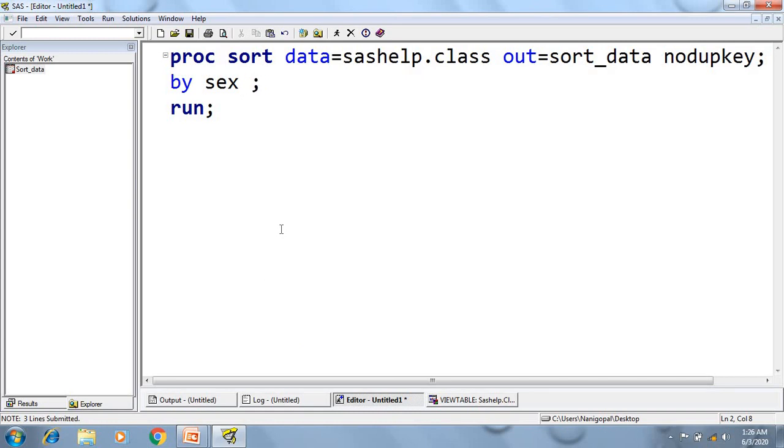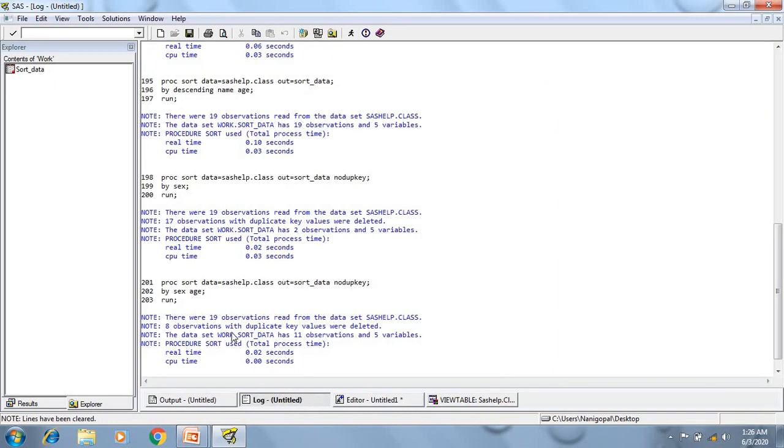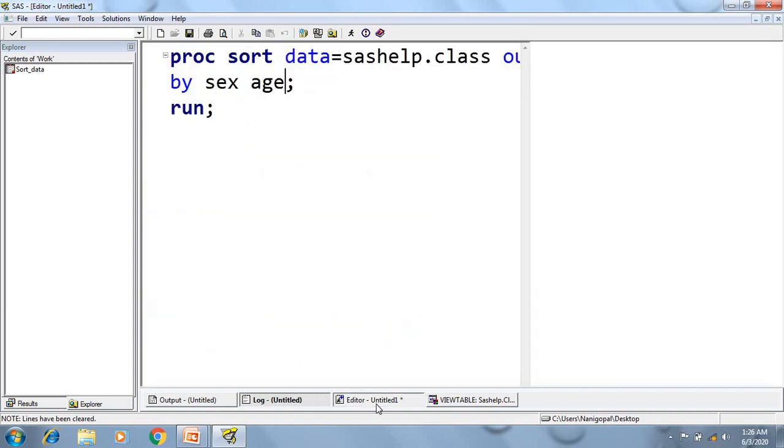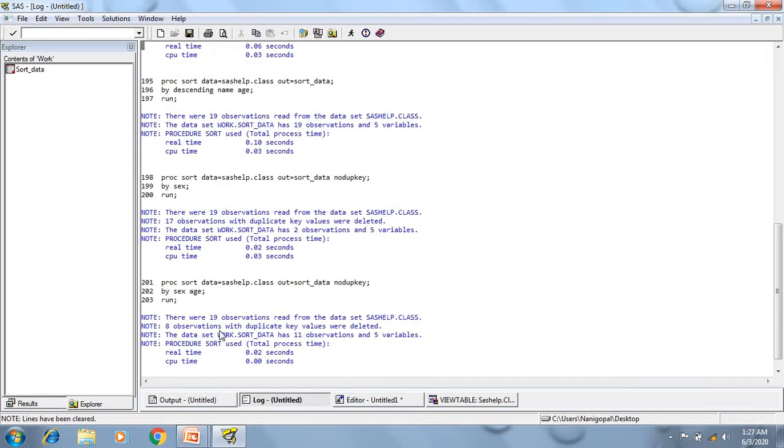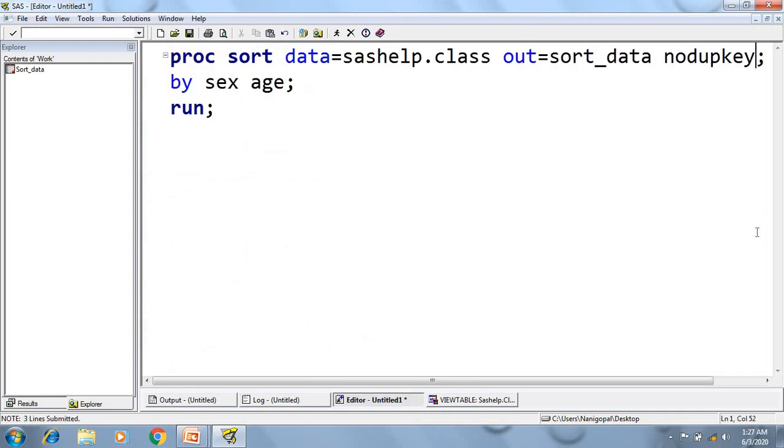If I want to add another variable, age, then based on these two variables, it's going to delete the duplicates. So based on sex and age, we have 8 observations which are duplicates. Okay. So next, if I want to store the duplicate records in another data set, then I can give